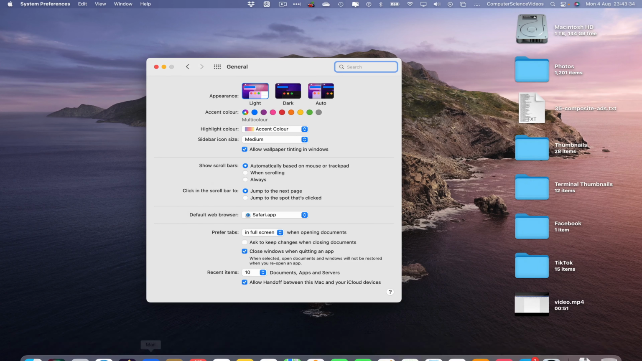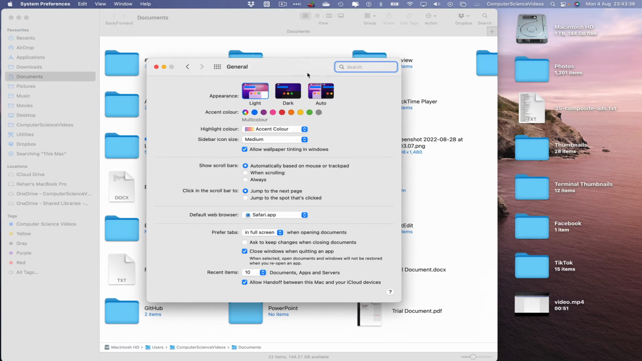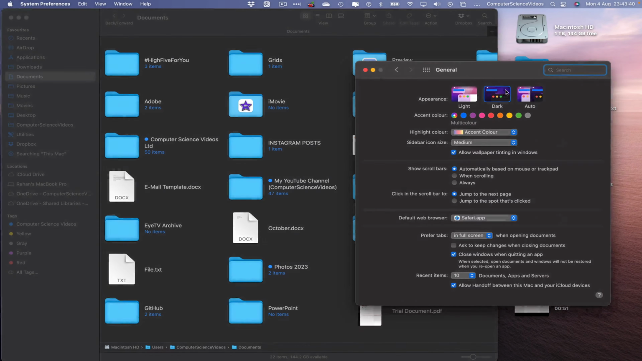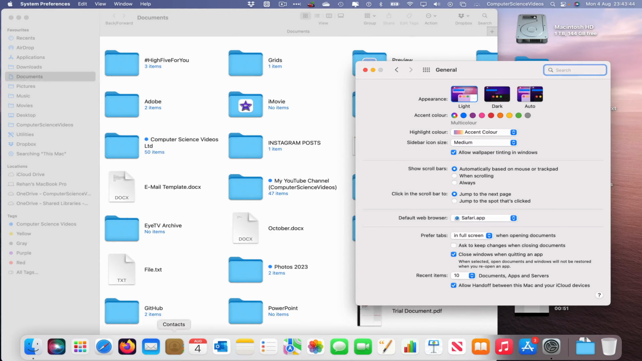Go back to light, go down to the dock, go to Finder, go back to System Preferences, and now click on dark mode. We can see that the Finder has also changed. Go back to light, go down to the dock, go to Safari,